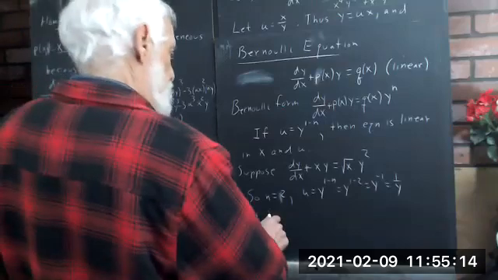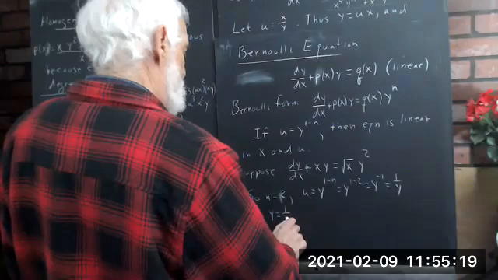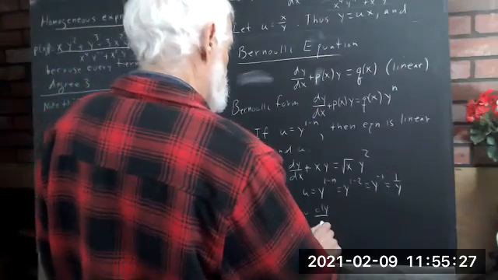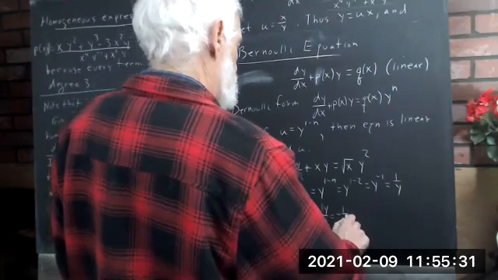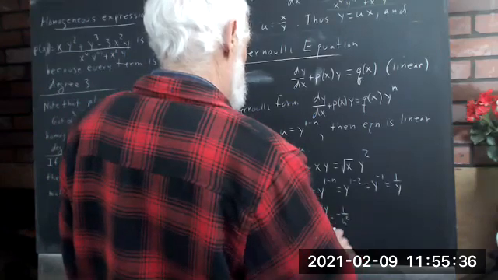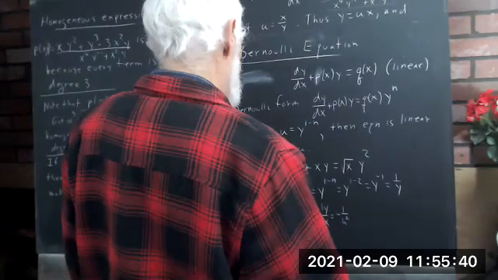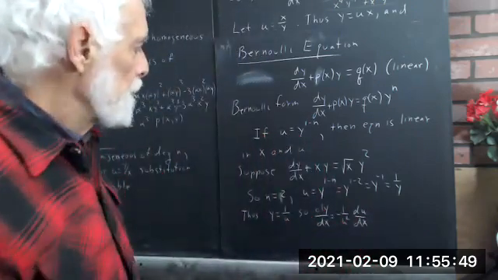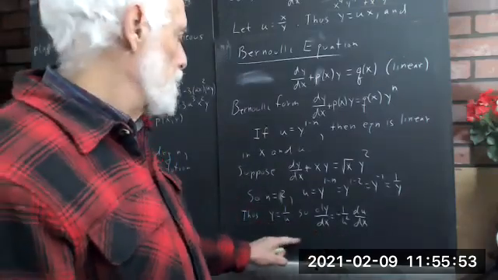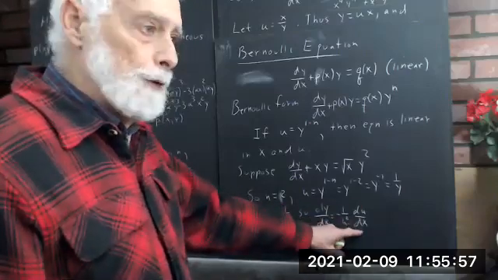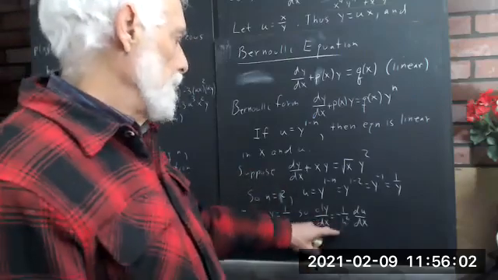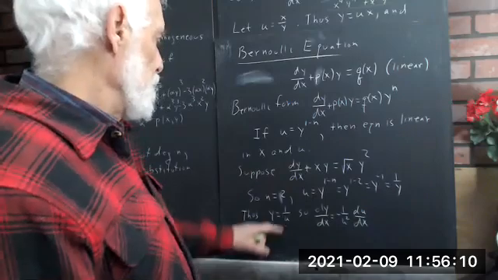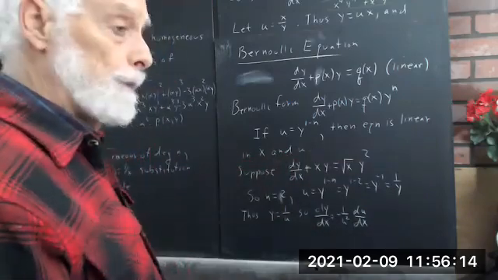Okay, thus, in this case, y equals 1 over u. And by the chain rule, dy/dx is negative 1 over u squared, but u is a function of x, so you're going to have a du/dx there. So this term can be replaced by negative 1 over u squared du/dx. The y here, of course, is just going to be 1 over u, and the y squared is going to be 1 over u squared. So the equation becomes